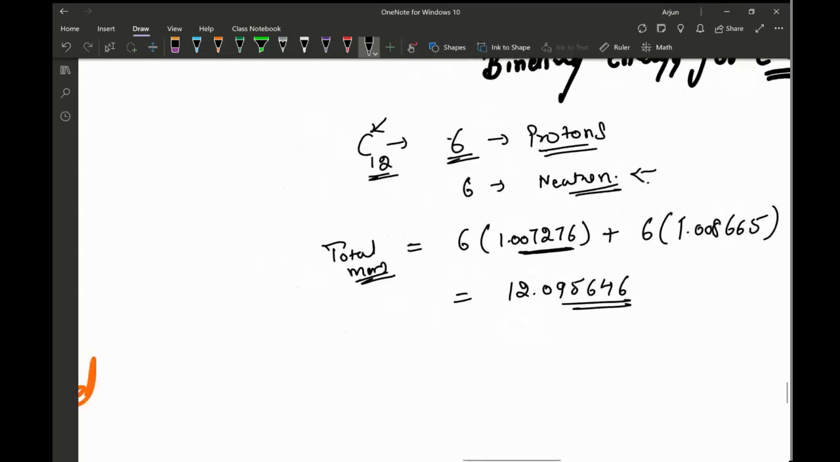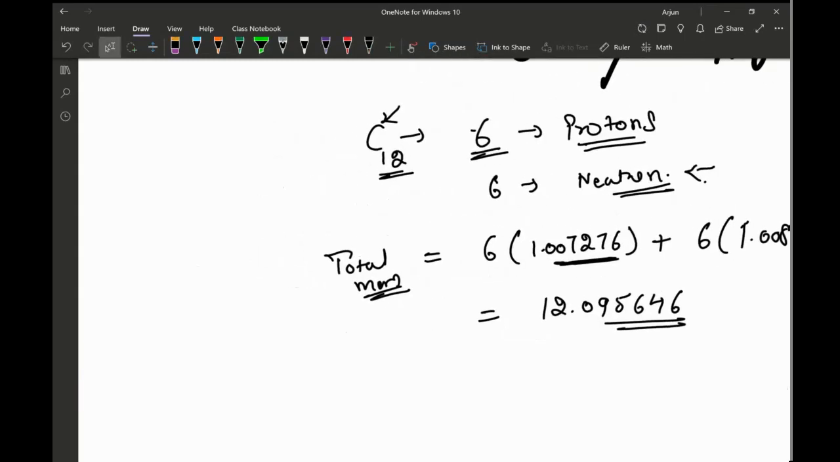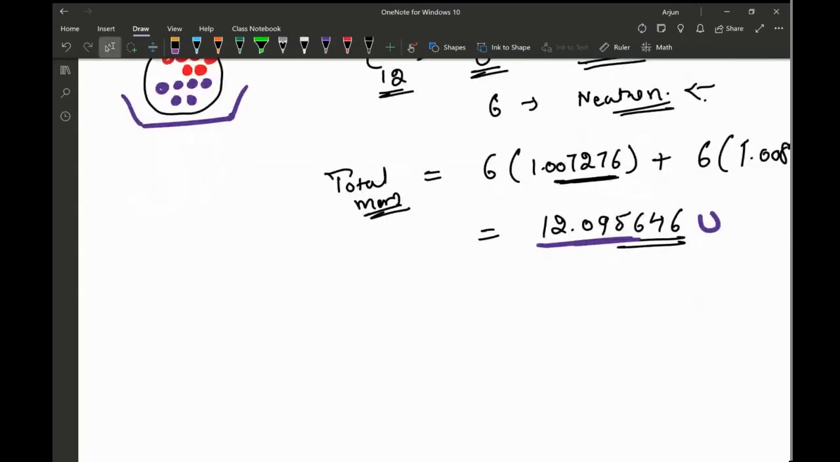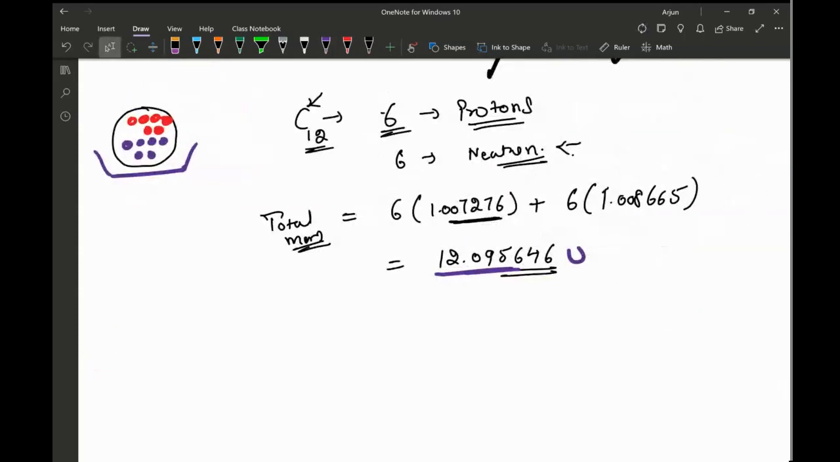Means if I have to show this with the help of visualization, a carbon-12 nucleus has 12 nucleons. So there are 12 nucleons. 6 of them are protons, 1, 2, 3, 4, 5, 6, and 6 of them are neutrons. So if I were to weigh in ideal circumstances, this should have been the mass of the carbon nucleus in terms of U. But when this nucleus was formed, scientists measured the mass of the carbon nucleus C-12 is